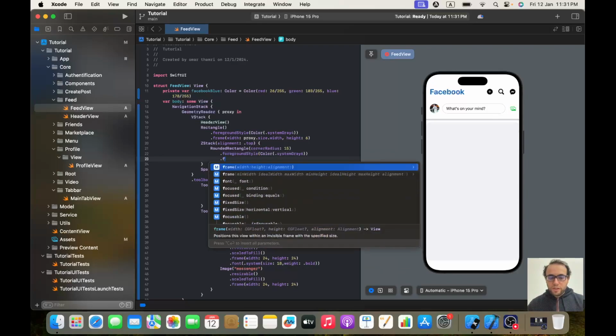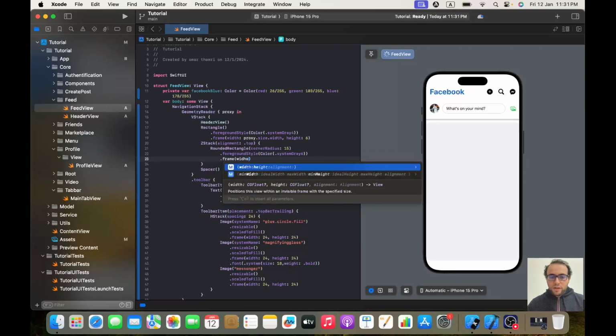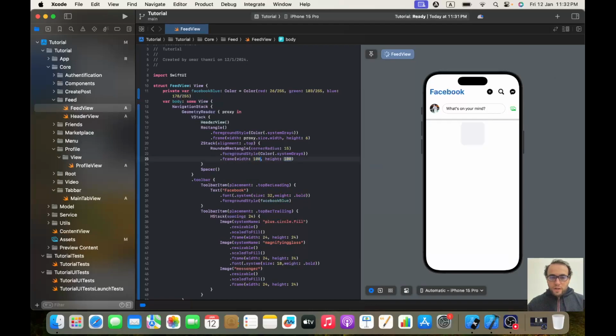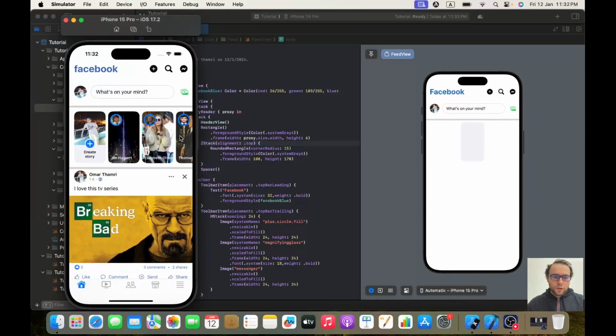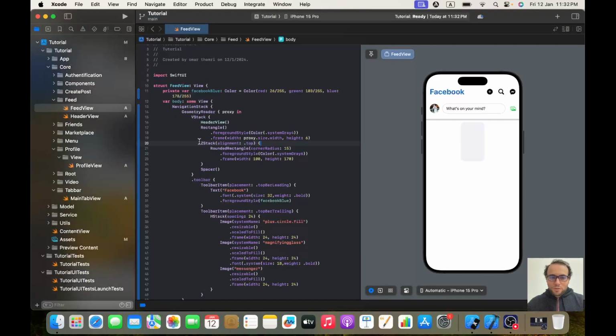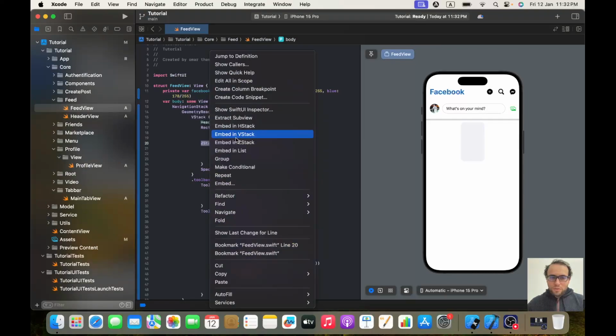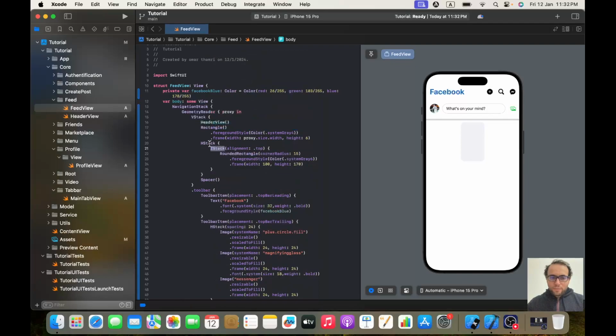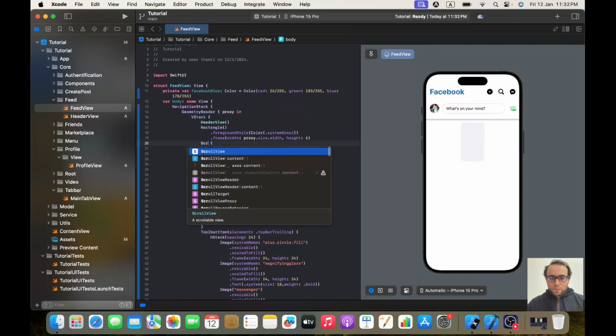Then you need to give it the frame, and it will be a width and height. The width will be 100 and the height will be 170. Okay, beautiful. Okay, of course, let me see. Okay, just before this, as you can see, it's inside a Z stack, and it's inside a scroll view clearly. So our Z stack we will embed inside an H stack, and our H stack we will embed inside another H stack, and we call it a scroll view,